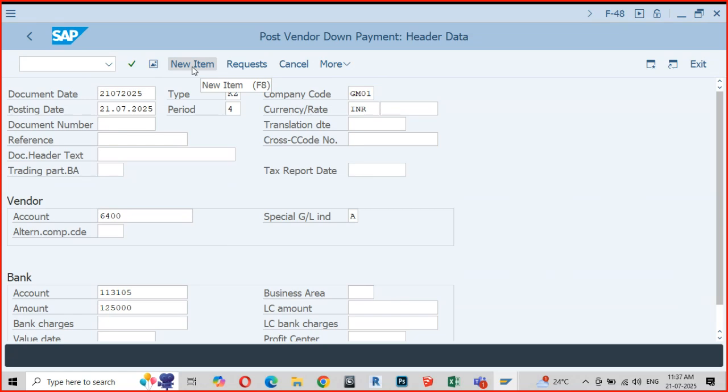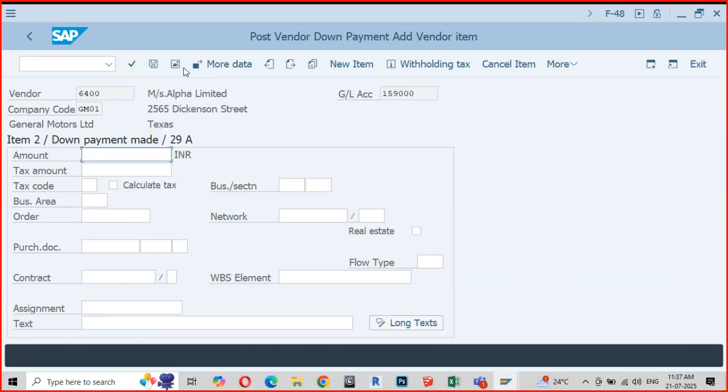Any one of the two things, both are the same. Go to new item. So what is the advance that I'm paying? 1,25,000. Amount is 125. Advances made. Clear?